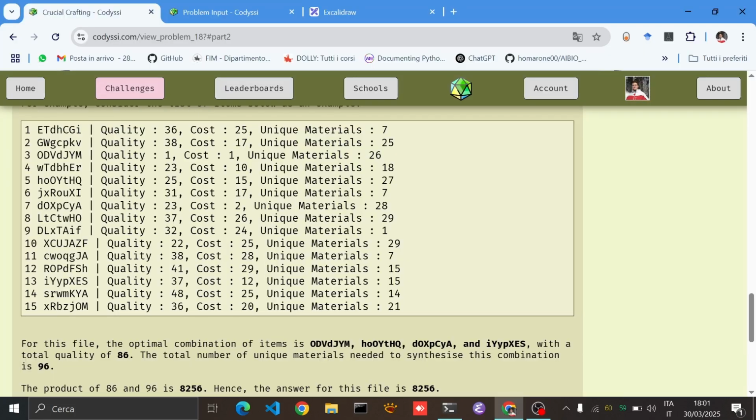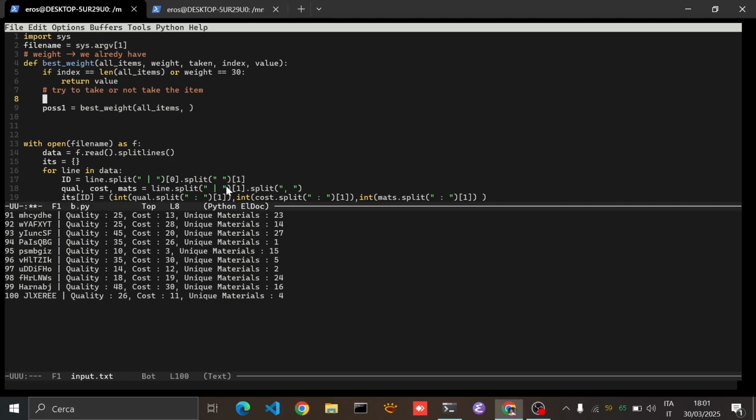What is it? Is quality cost maths. So qual cost maths is all items of index. In this case, we only care for now about the items. The weight is weight plus